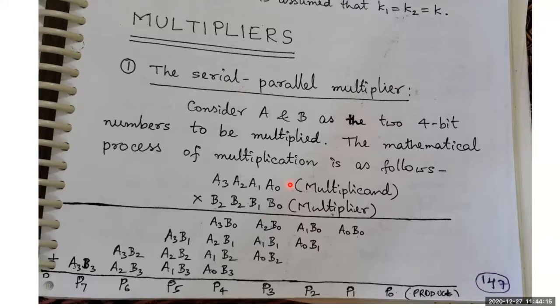We all know that one. On multiplying B0 and A0, you get this one. B0 and A1, you get this one. B0 and A2, you get A2 B0, and B0 and A3, you get this one. So ultimately, if you do the multiplication, you get this kind of operation. All these partial products have been obtained, and once you add these partial products, with the plus sign I have put here, it will produce some outputs over here. So now you will get this particular output.